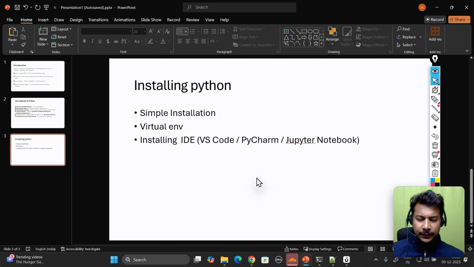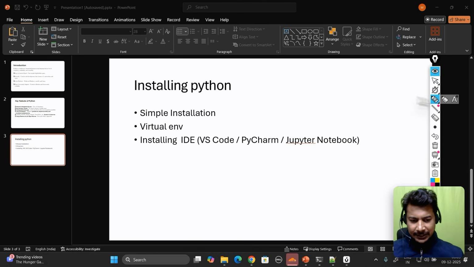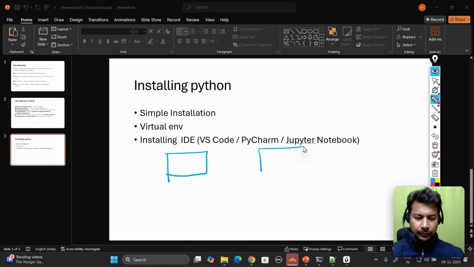So before jumping to a fancy editor like VS Code or PyCharm, let's understand the concept of virtual environment. So what is the meaning of virtual environment? Whenever we develop a project for a company, consider I have one computer and I am working on multiple projects. So consider these are project one and these are project two,